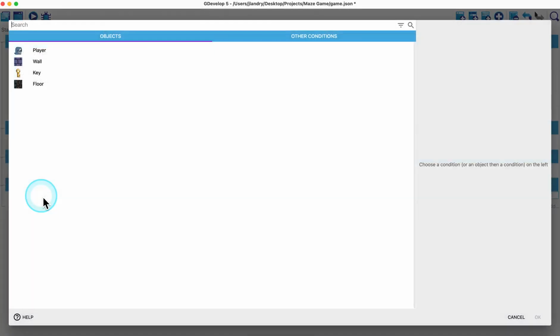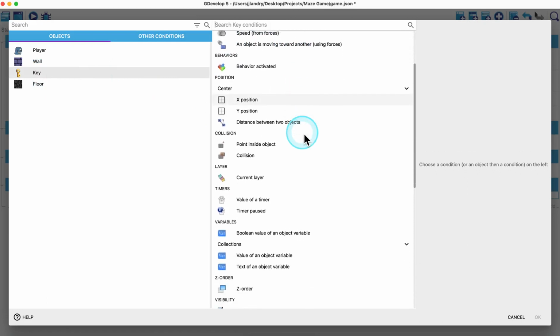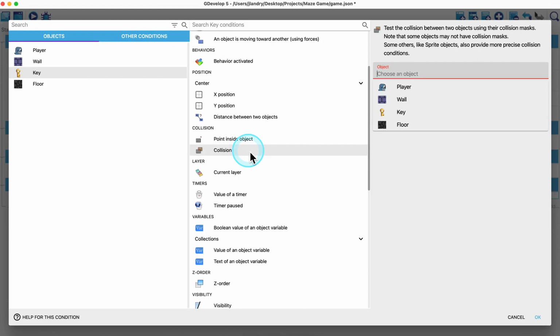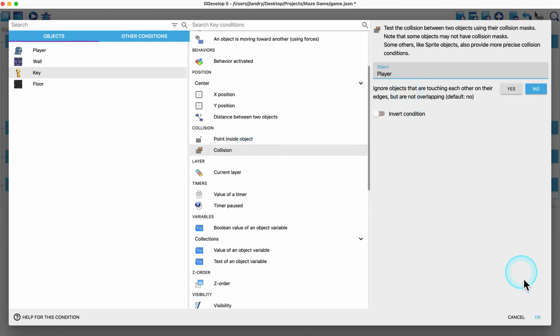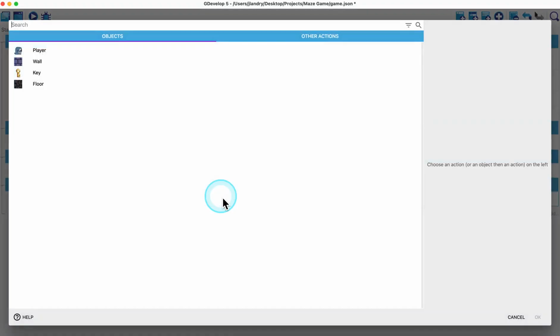Okay, so for my condition, I'm going to say, when the key, so I'm going to choose the key, not the K, is in collision. So I'll come down here to collision, click on that, and is in collision with the player, and then I'll just click on OK. Okay, so the condition is that when they're colliding, the action is,